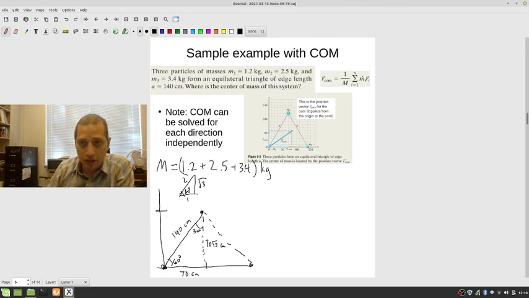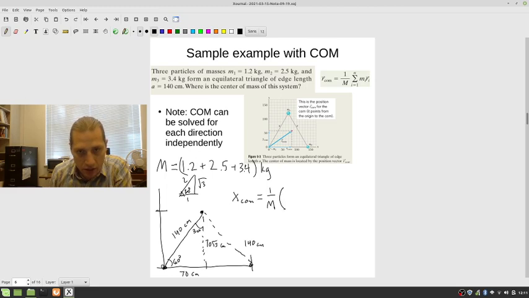So we've taken the kilograms divided by kilograms. In this case, we're going to have an x center of mass. And it's pretty clear that it's got to be between 0 and 140. And how am I going to get that number? Well, I'm going to take 1 over my big M. This is just a number. This plus this plus this. Times,